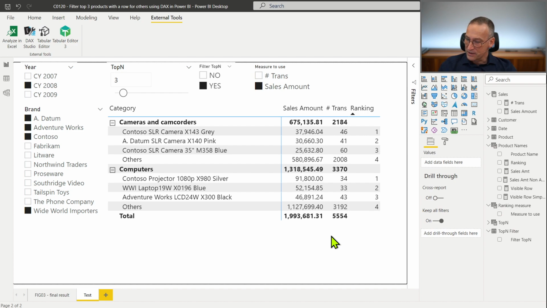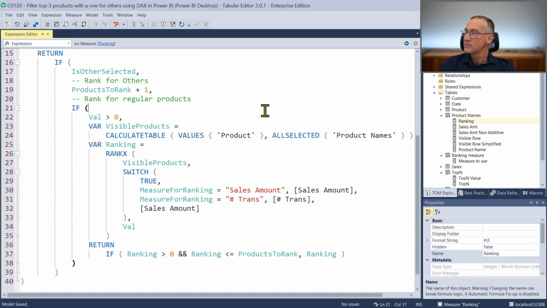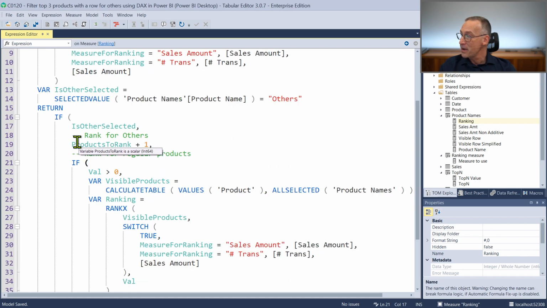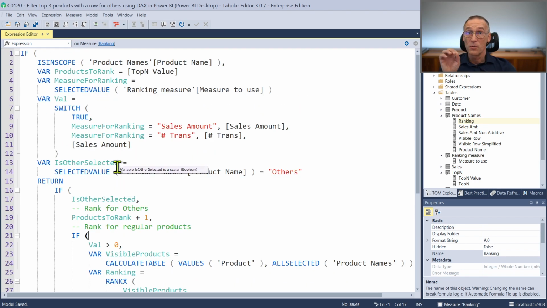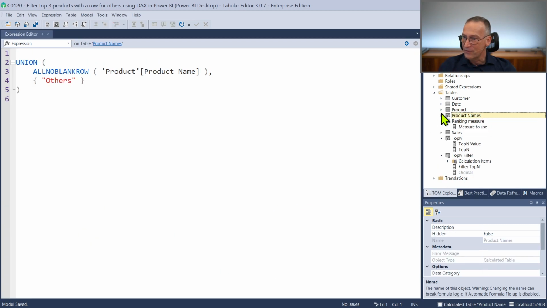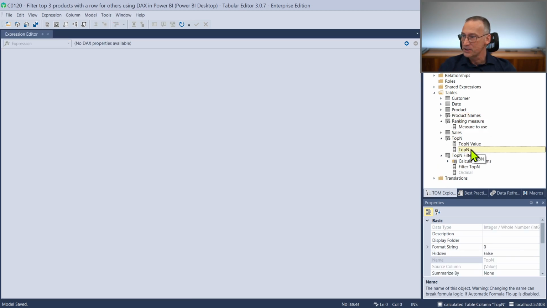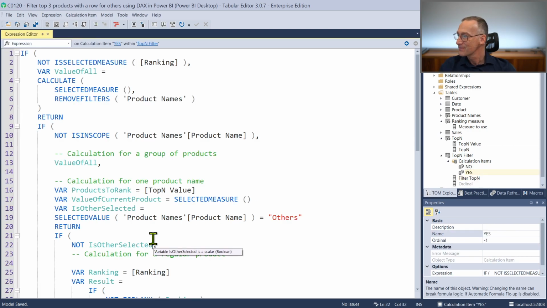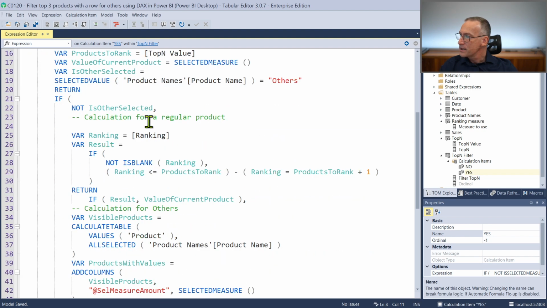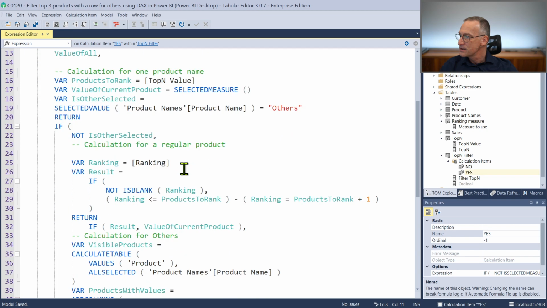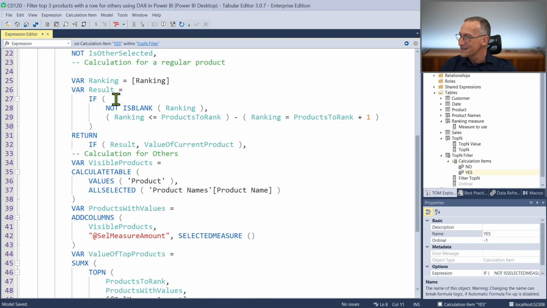And we need to check that with Tabular Editor, because now the measure used for the ranking is dynamic. What about the value that we show? That is happening here in top N, no, here in yes. Let's review the code for a while. That does not happen for the ranking. If is other selected, that is fine. The problem is when other is selected,